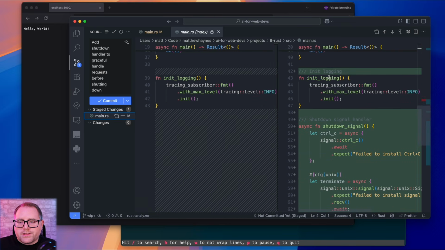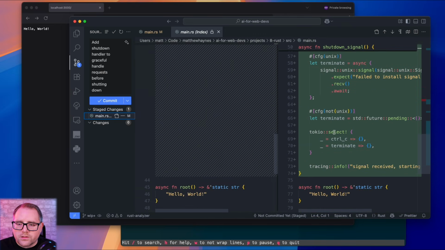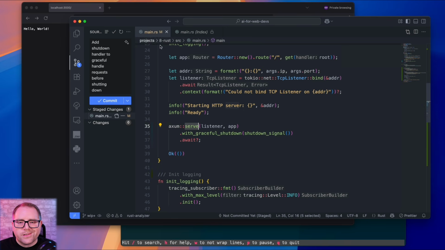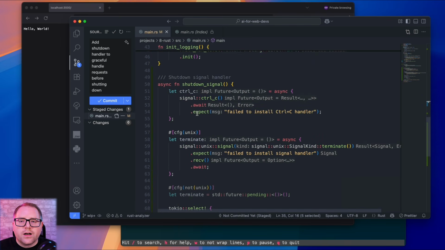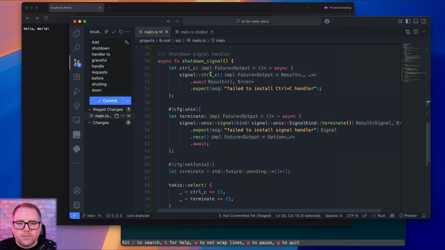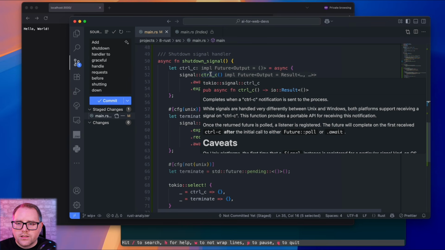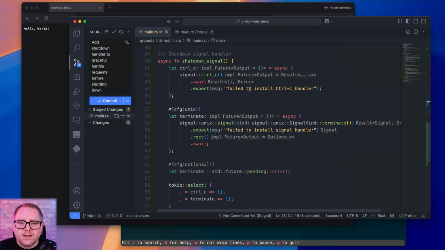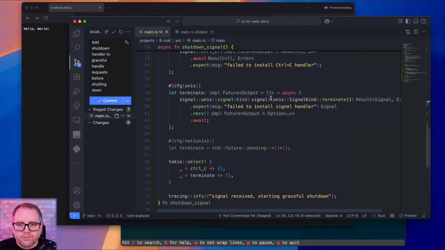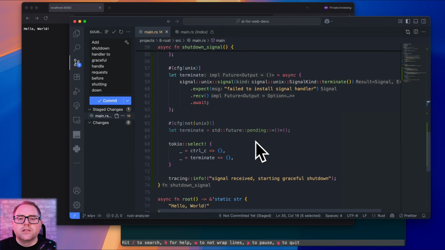Just some commenting, and then our shutdown handler, and this is again just totally ripped from the example. We're gonna listen for SIGTERM, I think, and Control-C. Listen for that, and when that happens, it's going to terminate all the stuff.